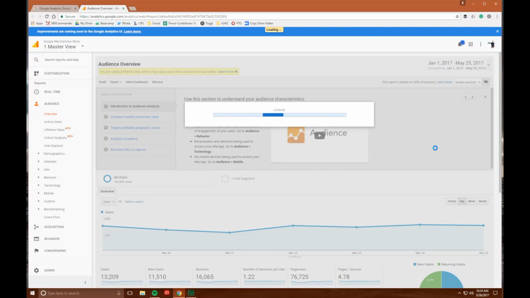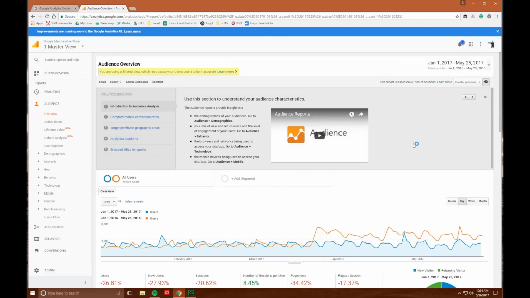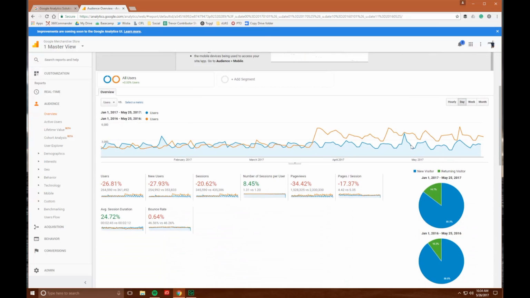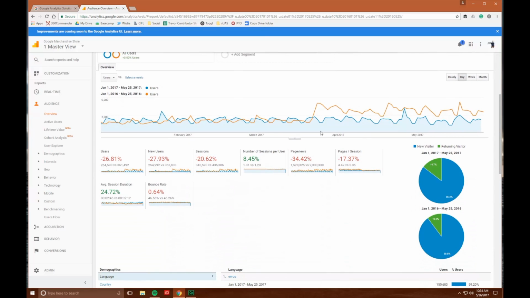So you have a point of reference and you can kind of see trend lines. As you scroll down, you can see how many people are on the page currently or doing stuff on the website as opposed to last year. So we can see that the orange line is related to last year. The blue line is this year.